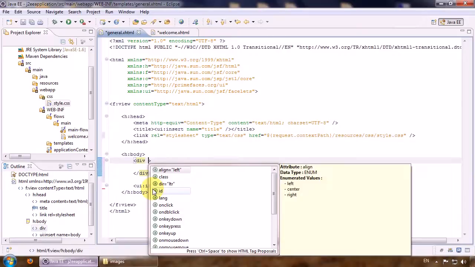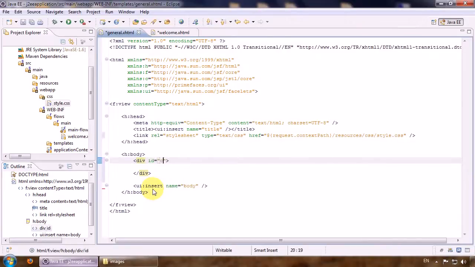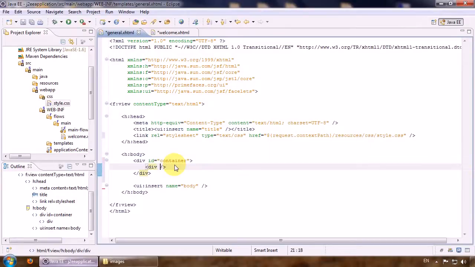And give it ID container that will generally hold all our components and other containers. So inside that we create another div which we will name ID header,